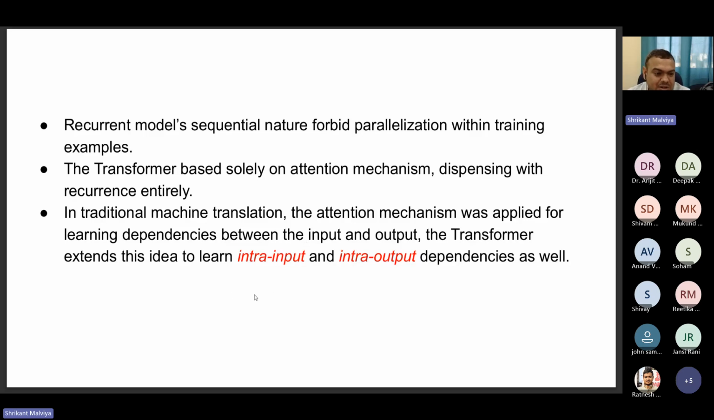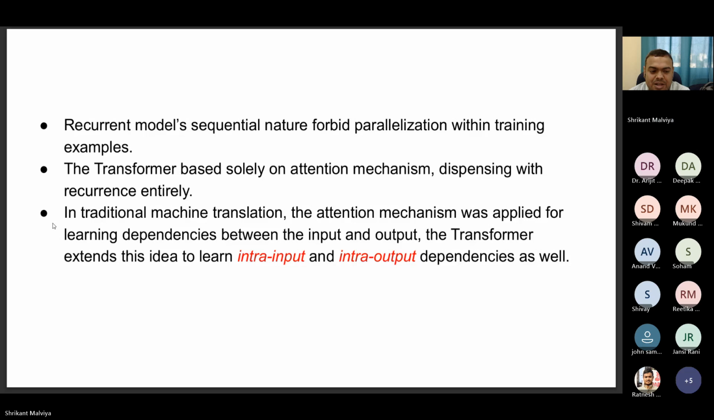So, in summary, what we have observed from the earlier slides is that the recurrent model's sequential nature forbids parallelization, because it has to process each and every term in the sequence one by one to generate the output, and it takes a sequential amount of time, meaning a very long time for generating a sequence in this way. The transformer-based model applies the attention mechanism in a parallel way,